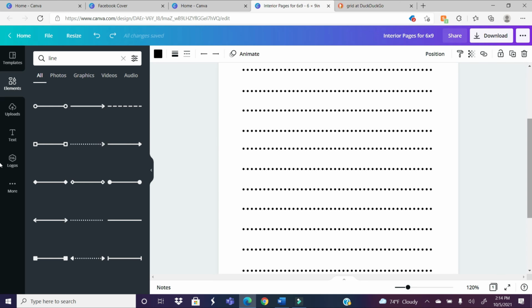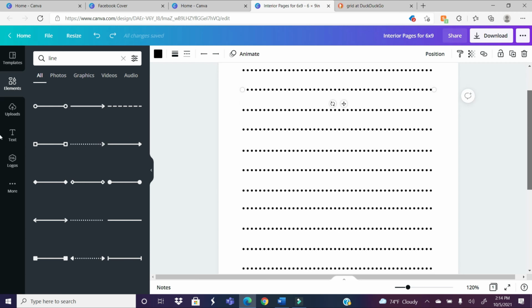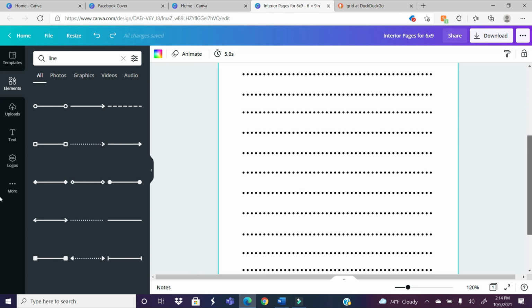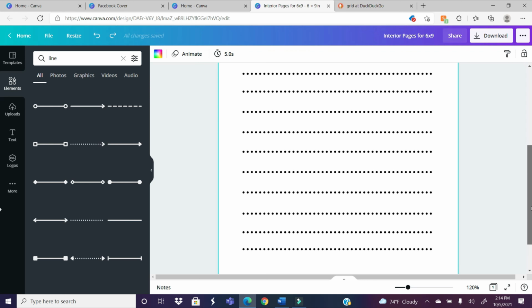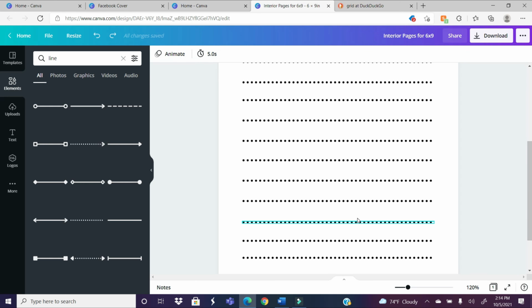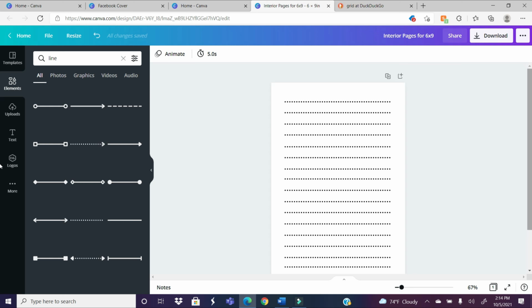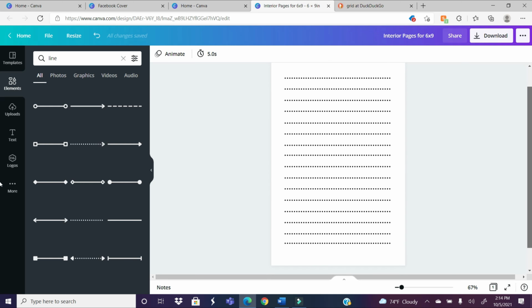Okay, and as you can see, this is how it will look up close if you wanted to make sure that they were all, for the most part, straight. Looks pretty good from what I can tell. If you do see one that you feel like is a little out of line, just move it up a little bit. So now that you have your grid, you can make all of your pages look like this,